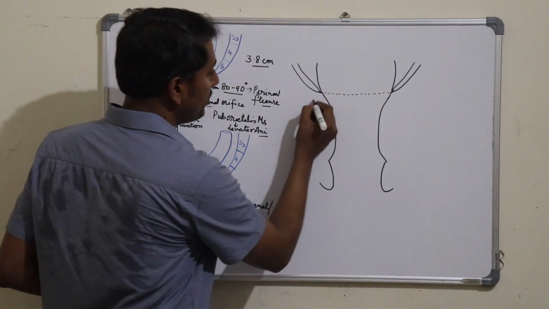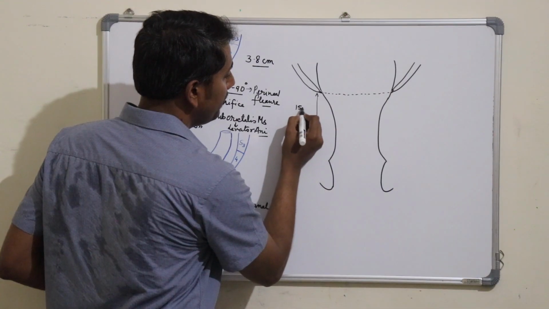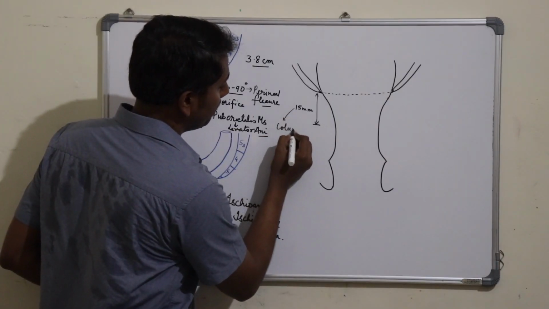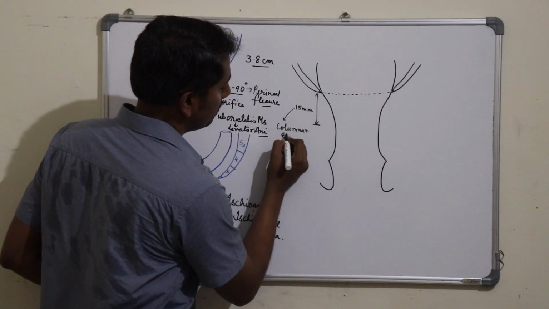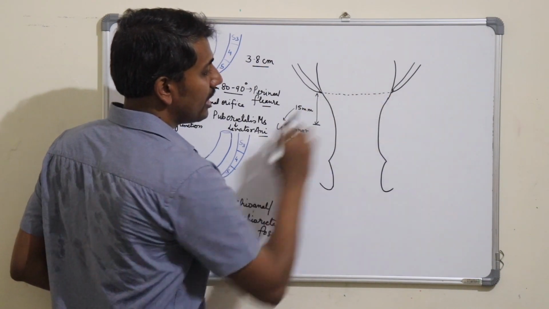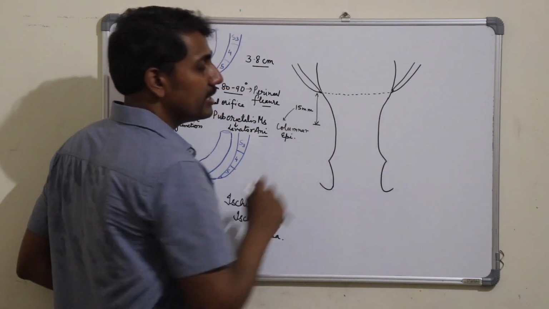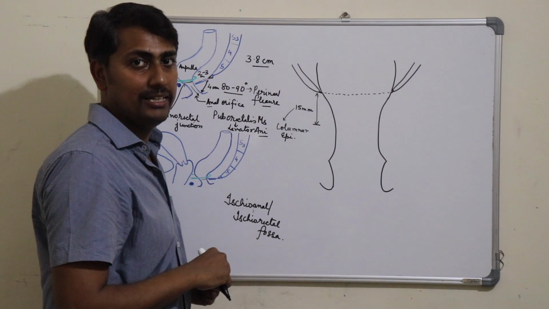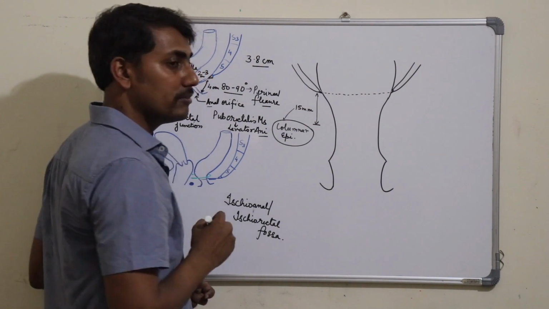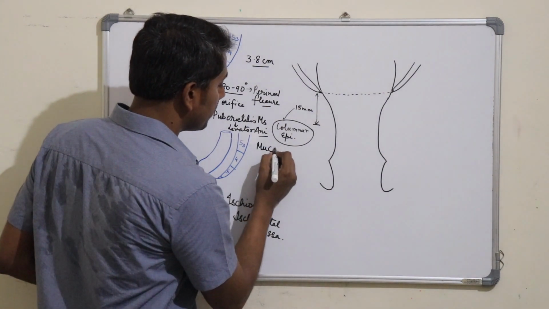The first part or the upper part is approximately 15 millimeters long and is lined by columnar epithelium. That is, the upper zone of this part is lined by simple columnar epithelium and the lower zone of this part is lined by stratified columnar epithelium. Since it is lined by columnar epithelium, which is the mucosa, this part is also known as the mucosal part.